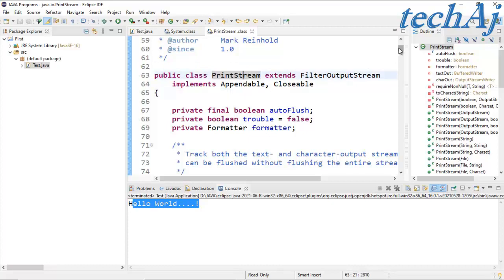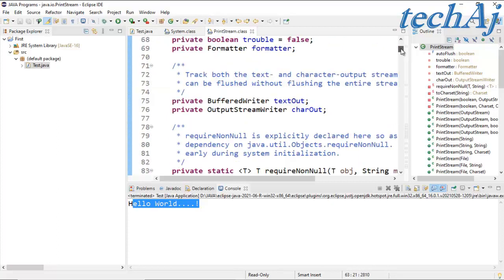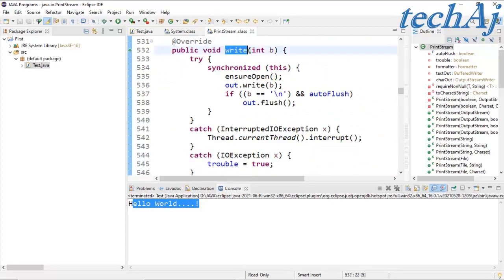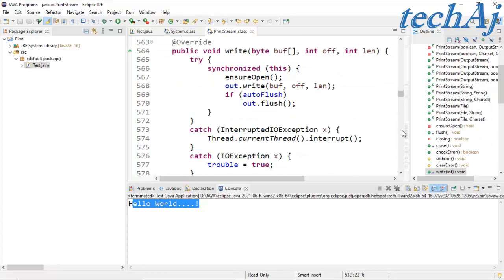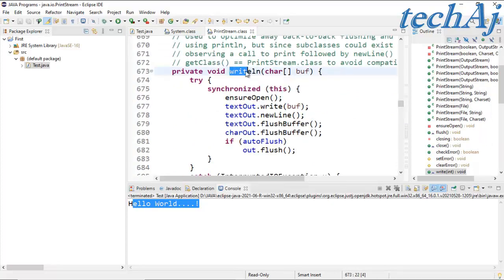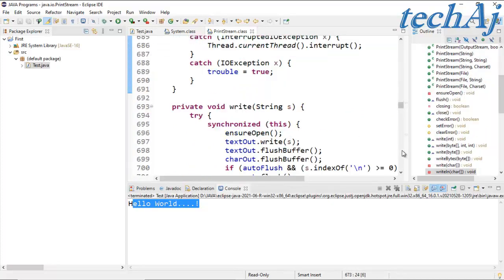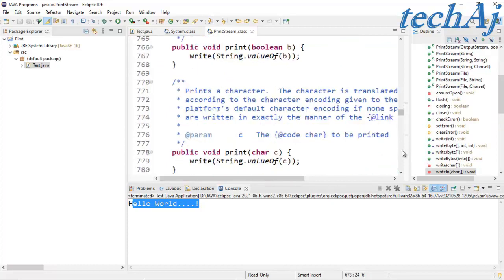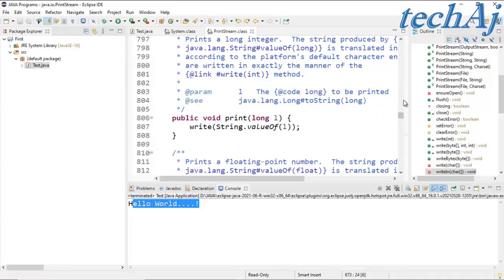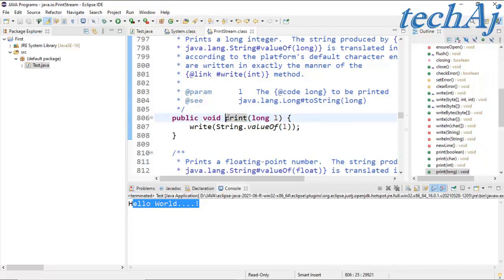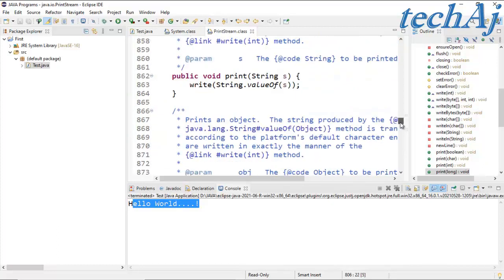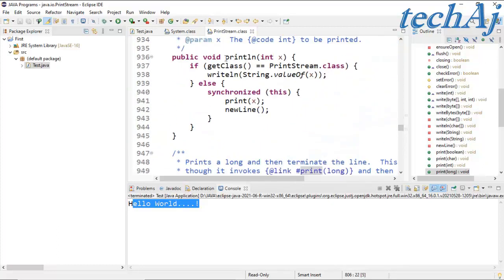This PrintStream class has a number of methods. It has the write method, then the writeln method. Similarly, it has the print method. Similarly, it has the println method.